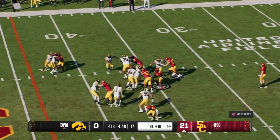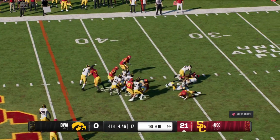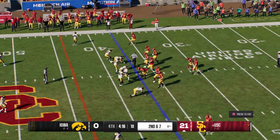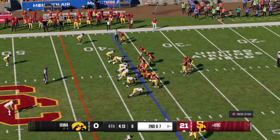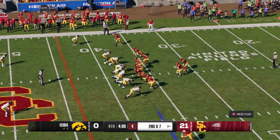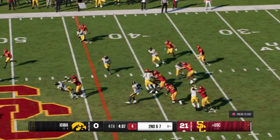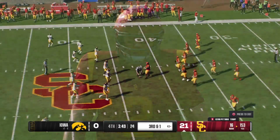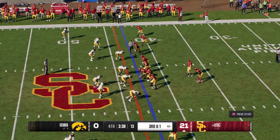Out of the gun to give to the back. Able to scrounge 3 yards out of that one somehow. It's 2nd and 7. Stuck with a running game on first down. Now here they come again. From the gun, running back gets to give. They can rely on this guy to pick up solid yardage when they need it, and he's out to the